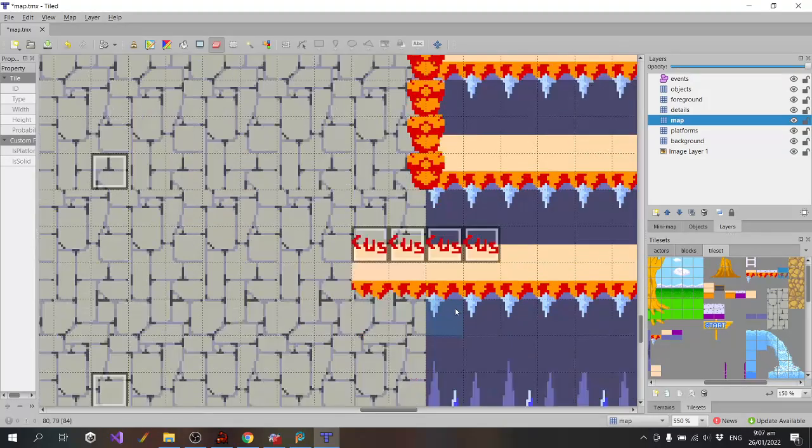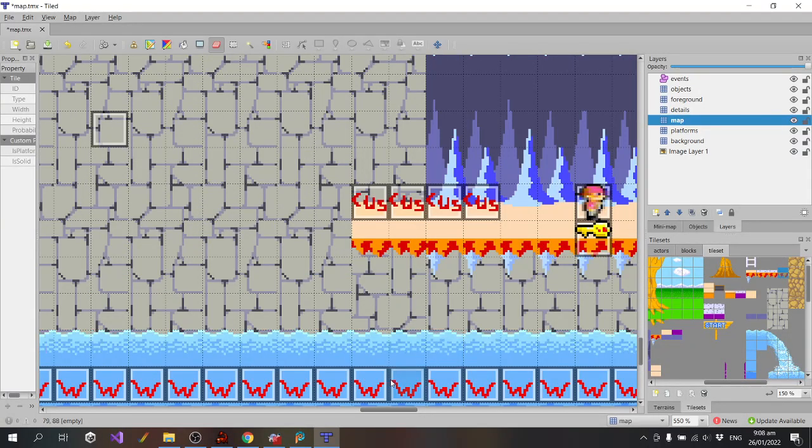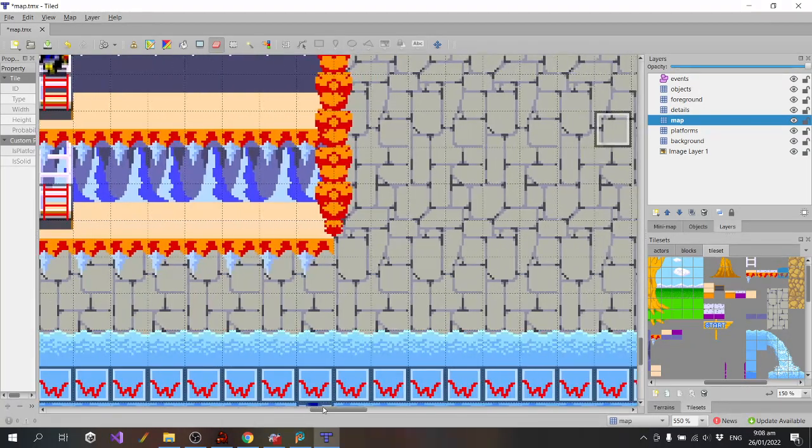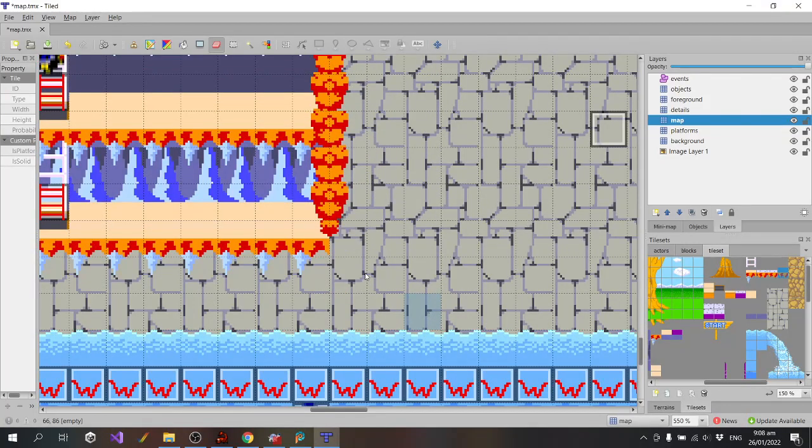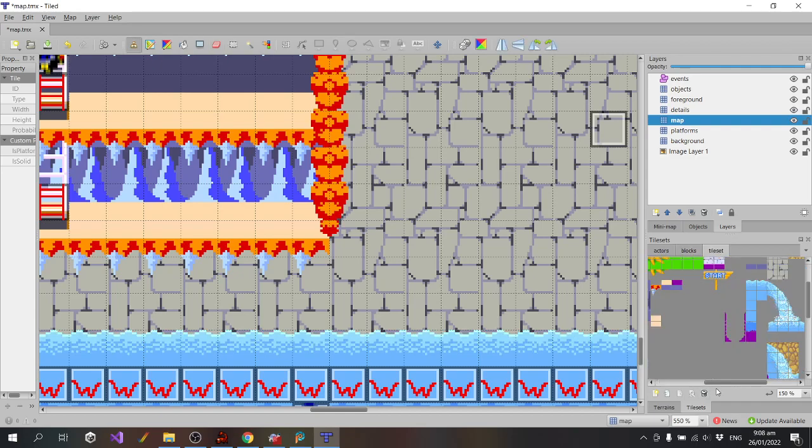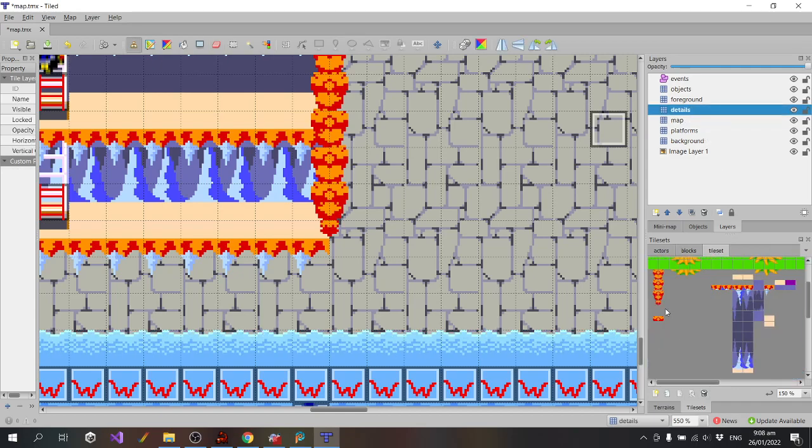Yeah, I think that side looks alright. That looks a little bit weird there. I might just put another... yeah, I'll use that one. Tidy that edge up.